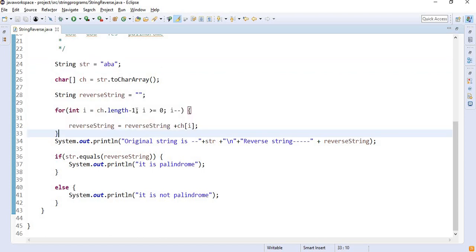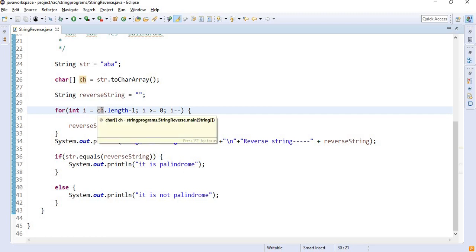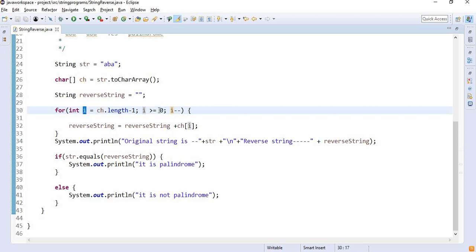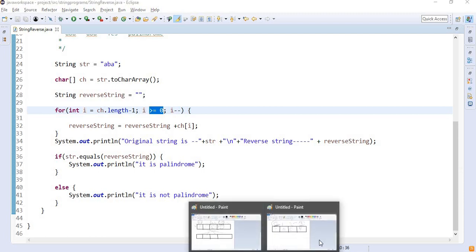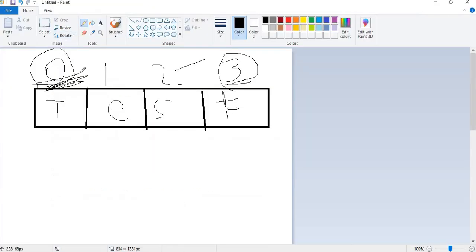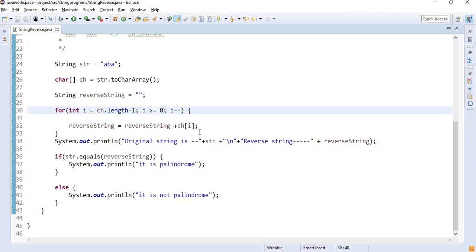What my for loop is doing is picking the last character, which is char.length - 1, and then checking the condition whether it has reached the last index, which is 0. After checking the condition, it is printing the value, and after that it is decrementing the value. Okay, and then once we printed, the reverse order was printed, right?